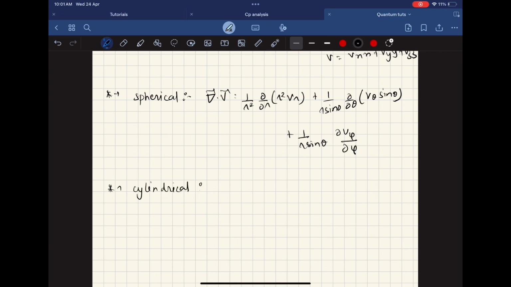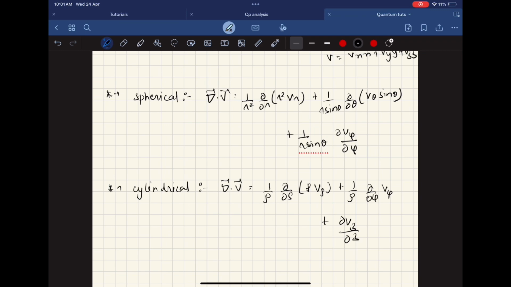Del dot v equals 1 upon rho del over del rho (rho v rho) plus 1 upon rho del over del phi v phi plus del vz by del z. Okay,